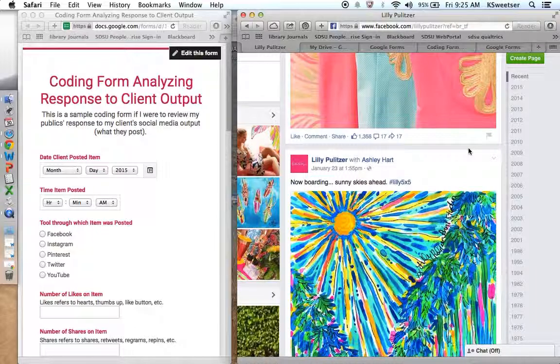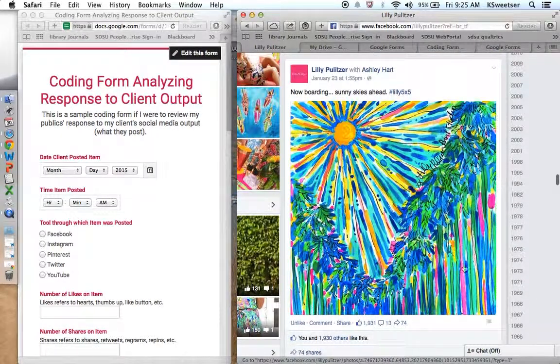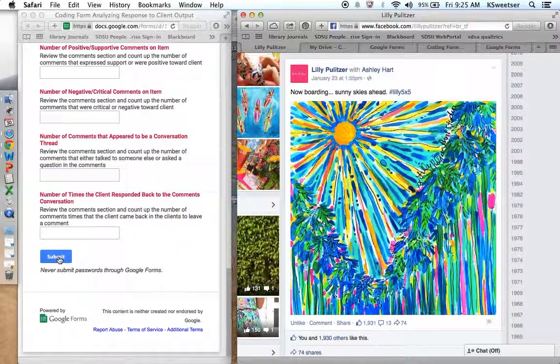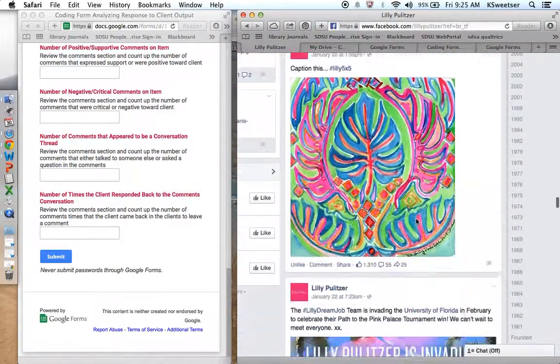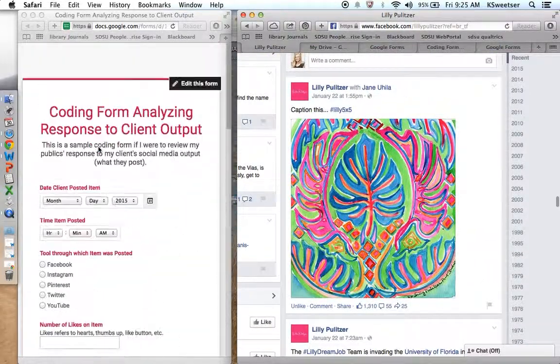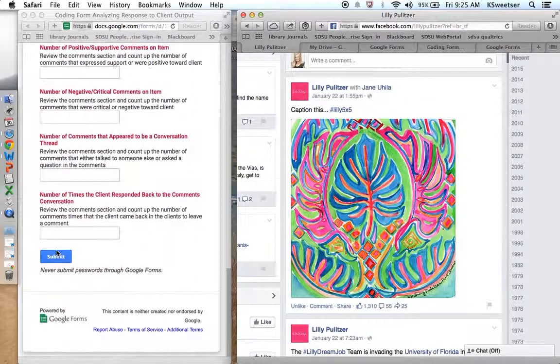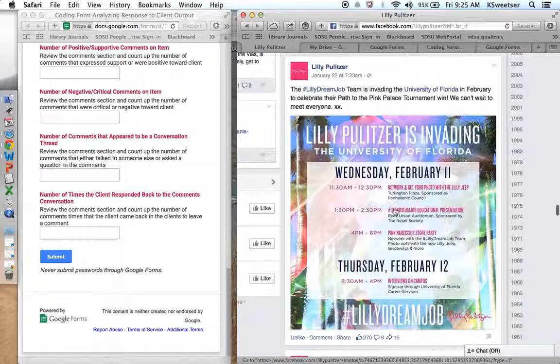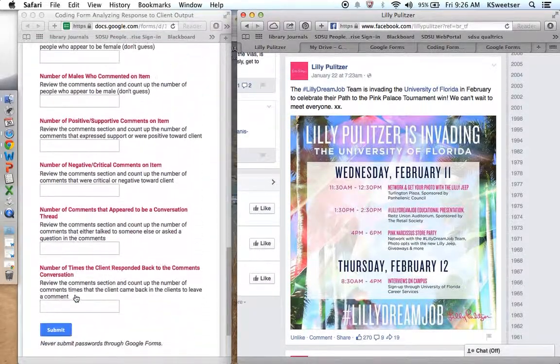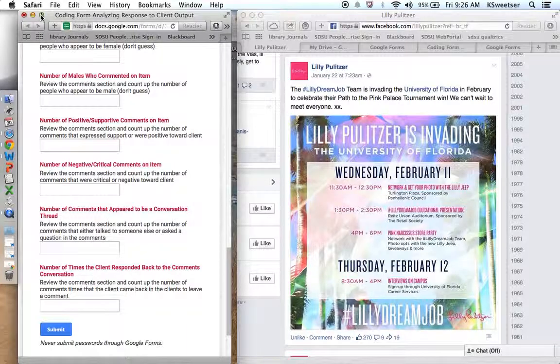Remember, for this type of code sheet where you're looking at the client output and your reaction to the client output, the unit of analysis is essentially what you see here on the screen. It's each Facebook post that the client puts up. So when I have finished all of my coding, I've coded this one, I've gone in and I've pressed submit. And then I go in to the next Facebook post and I code this post. And then I fill this out, I press submit. And then I go to the next Facebook post and I code this post and I fill this out and then I press submit. This all feeds into a back-end database,